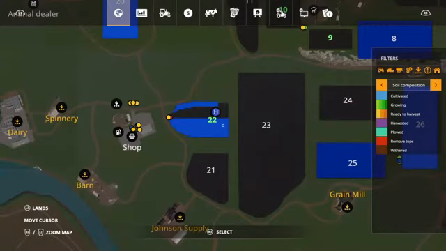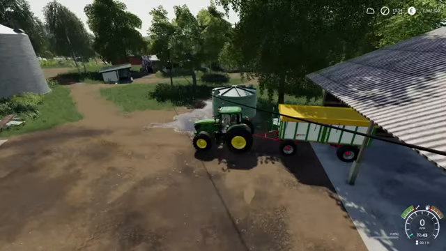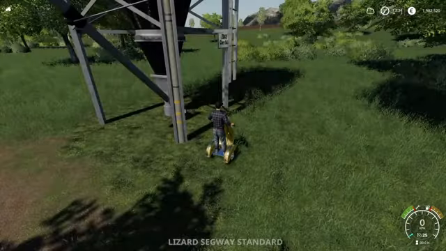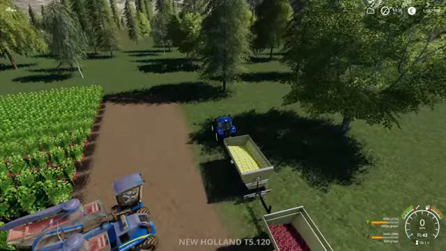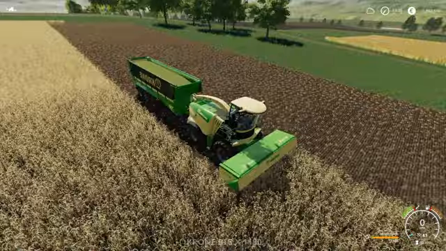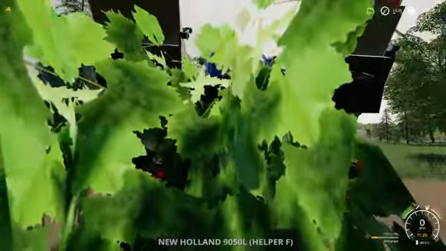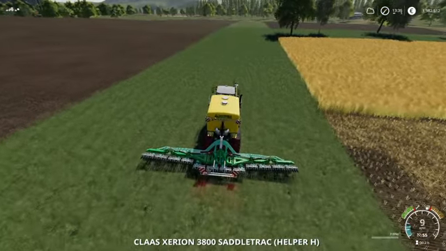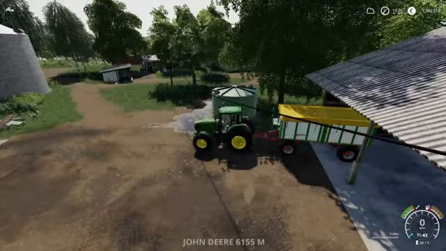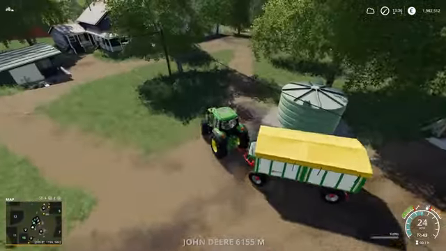Right, where are we going? Field 22. I'm going to jump back a second. We're going to jump into that, and we're going to stop him a minute. Oh, he's stuck. Right, let's kill him off, in a nice way. And we'll kill him off too, again in a nice way. Right, let's jump back to our tractor. Let's try and figure out...